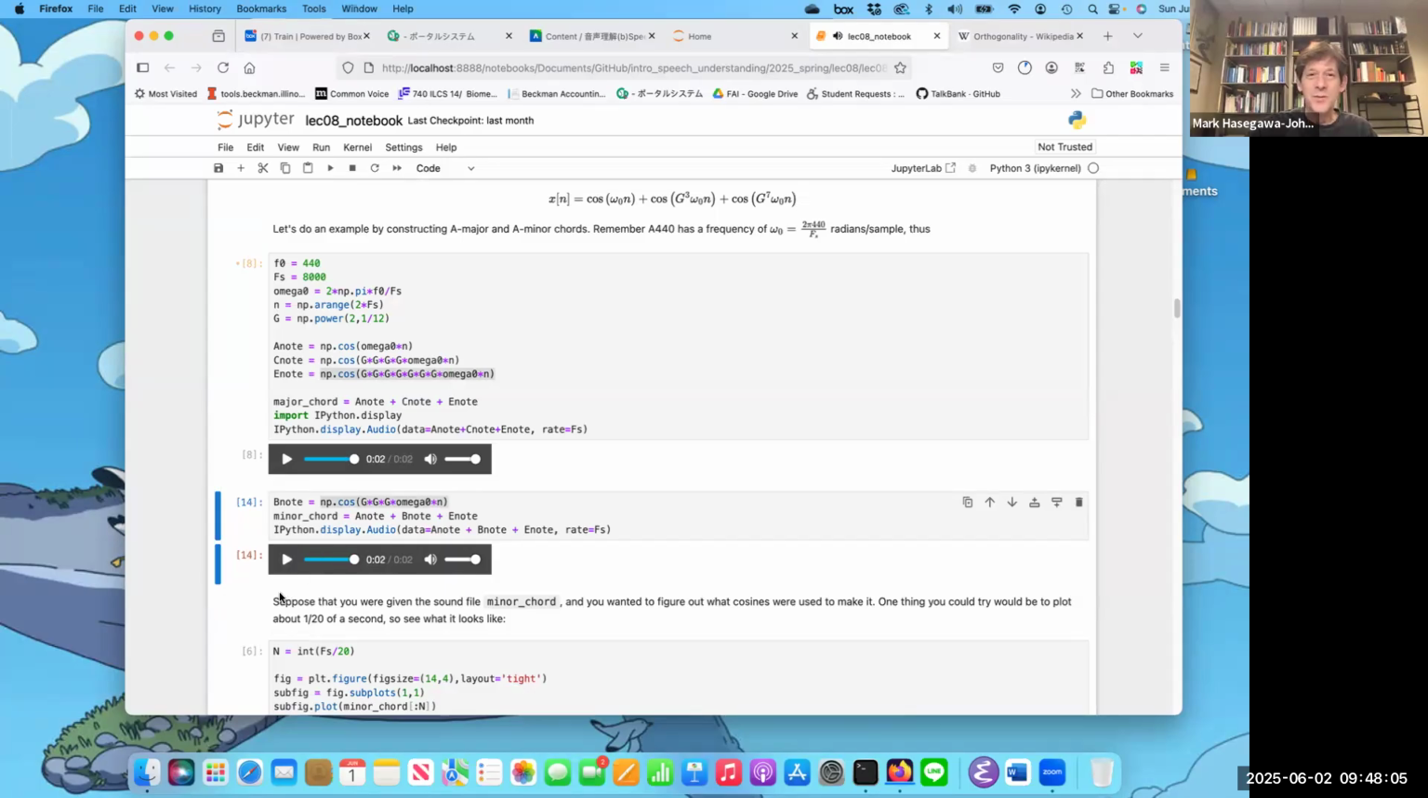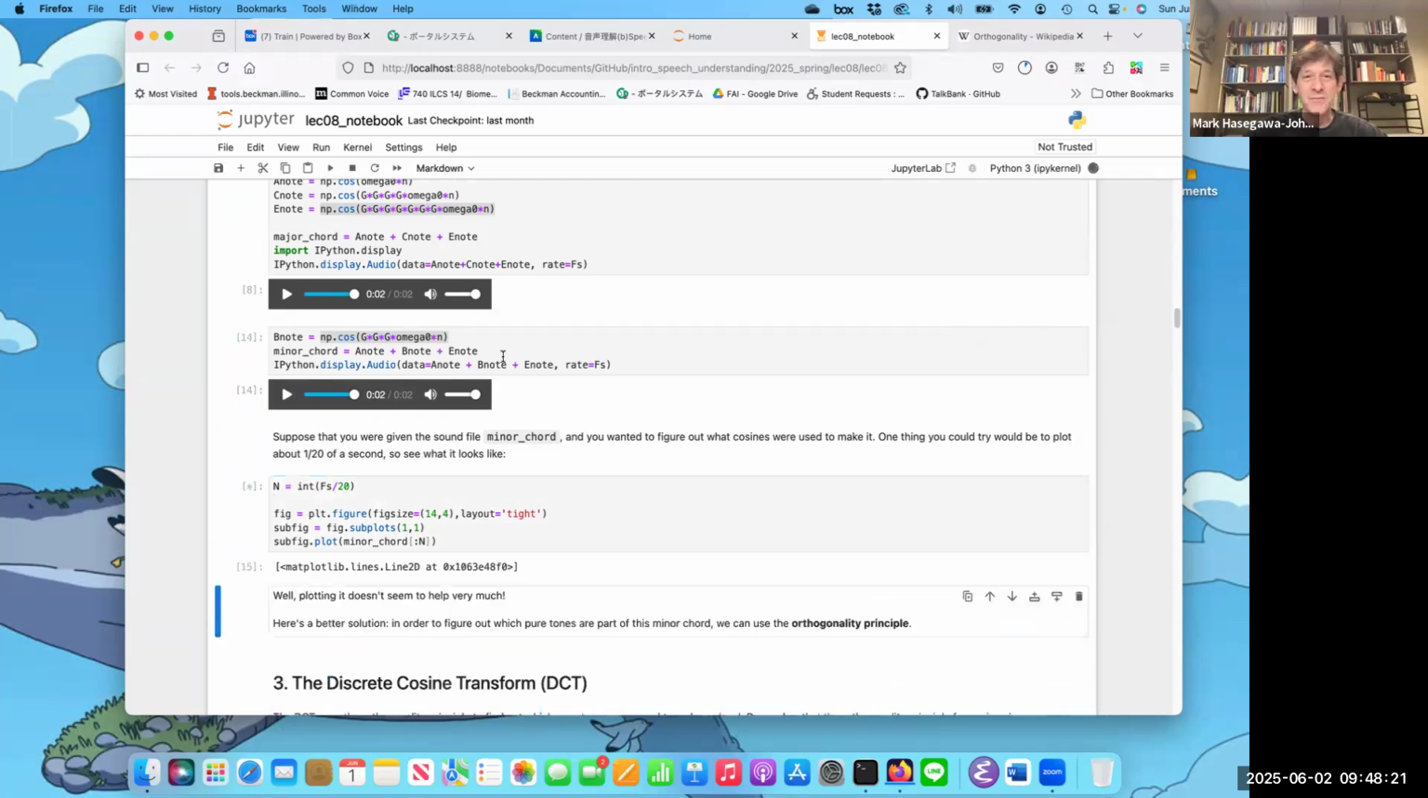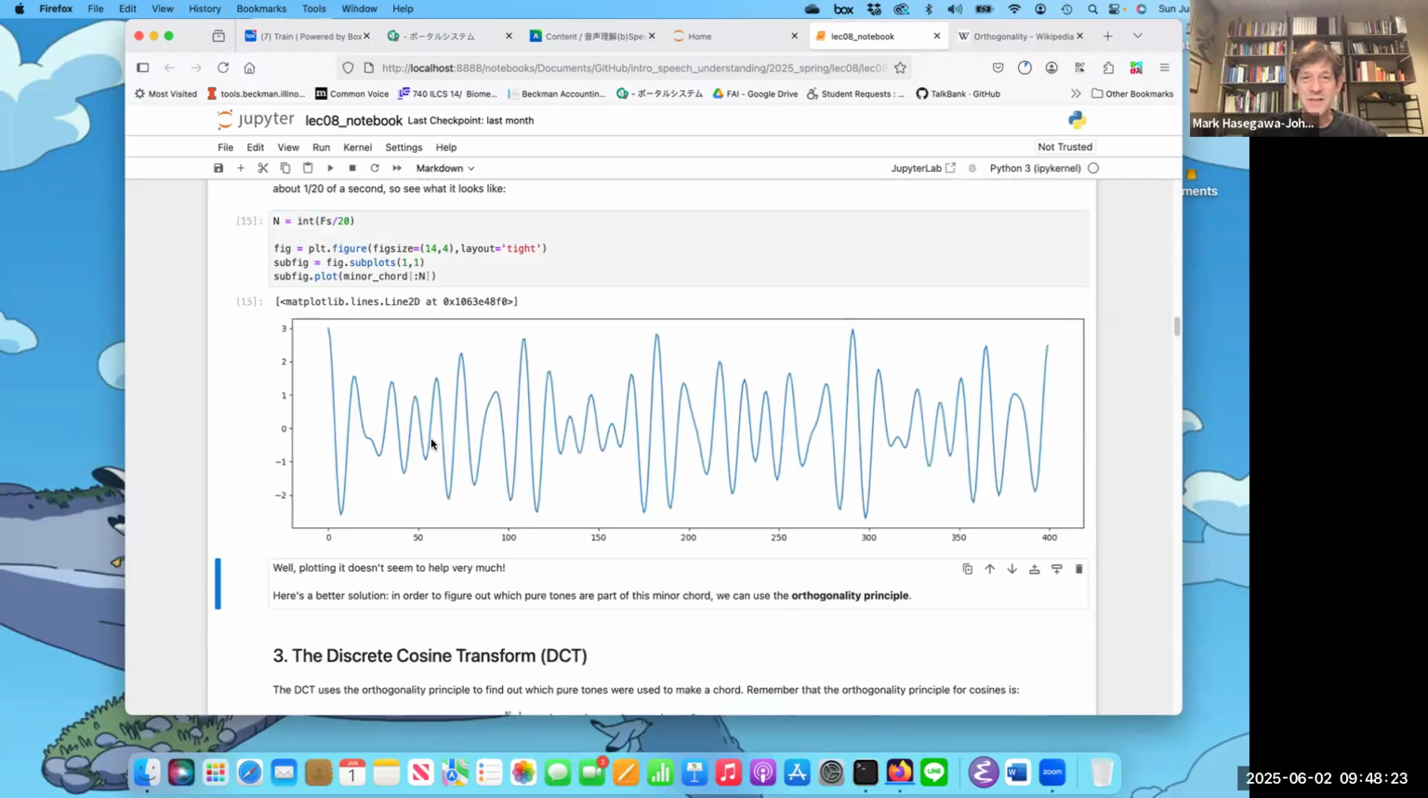Right? So we have this wonderful music. Now we're making music by adding together pure tones, cosines, at 3 different frequencies. And what might be interesting is, suppose that we had that chord and we want to get it back again. If we plot it and look at it, it's not at all obvious what those tones are. Right now I'm plotting it just as a function of the sample number, but I could also plot it as a function of